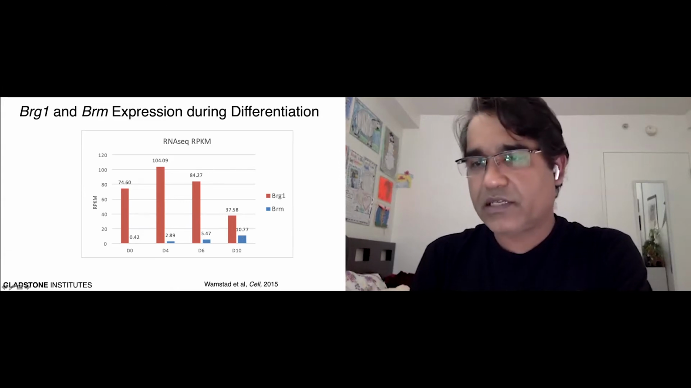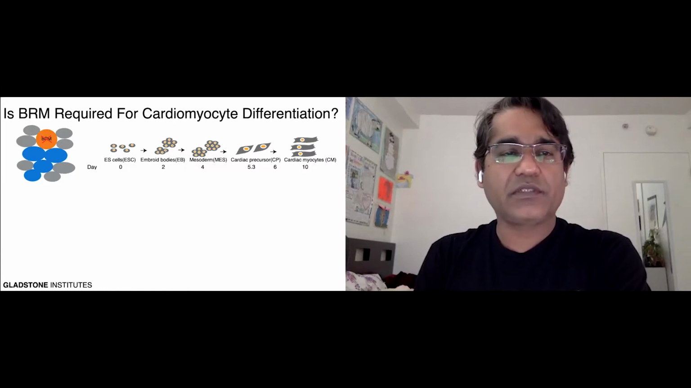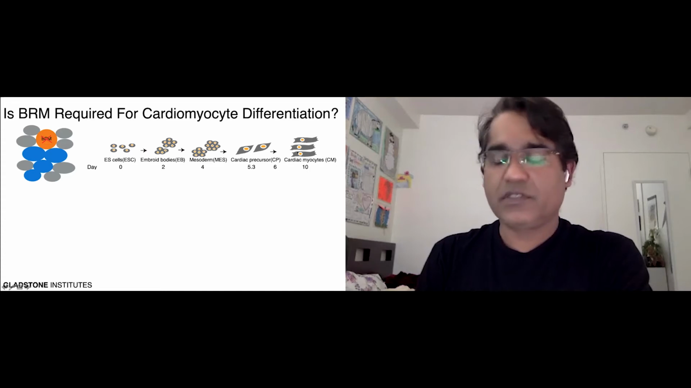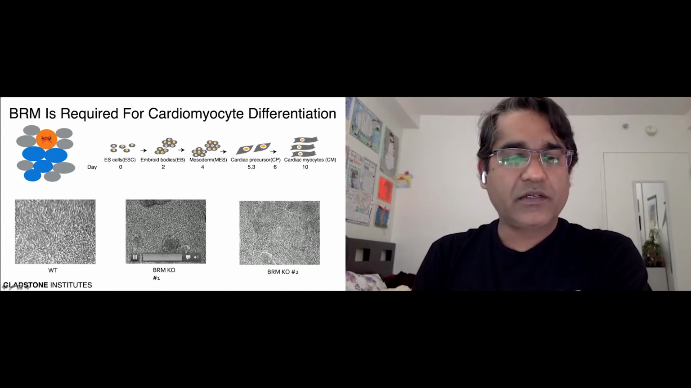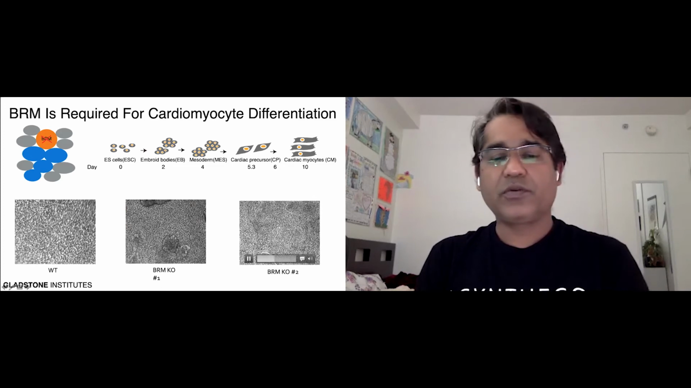So we first asked what the role of BRM in cardiac differentiation is, and for that we did a CRISPR knockout of BRM and did a cardiac differentiation. What we found is that in wild type cells, you can see that the cells are beating very nicely, but in these videos you can't probably see any signs of beating. And these are two different clones of